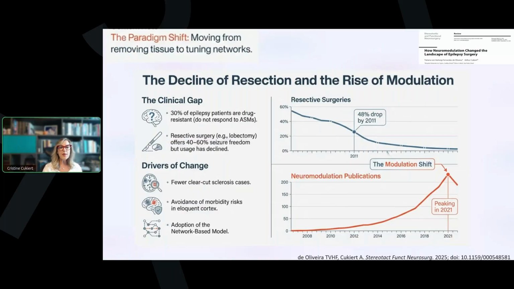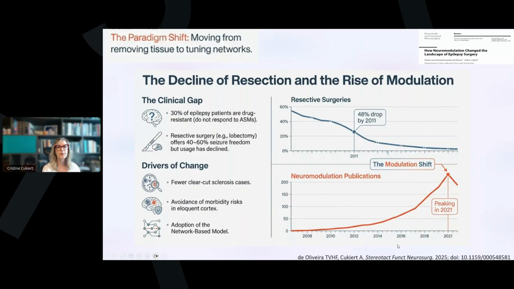So sometimes we have fewer clear-cut sclerosis cases than we used to see. We don't see as many mesial temporal sclerosis patients; it's more difficult to see them. And sometimes we have to avoid morbidity risks in eloquent cortex. And so we can see here the drop of resective surgery and the rising of neuromodulation in this